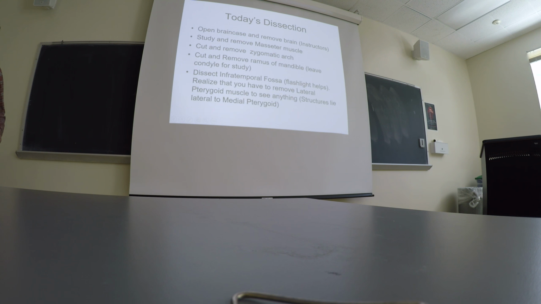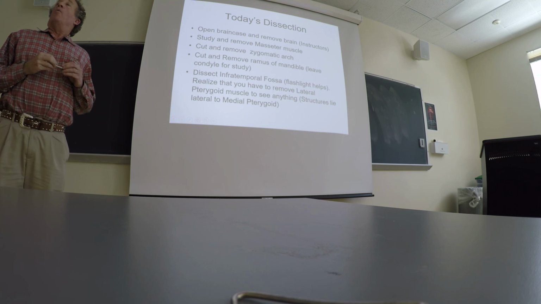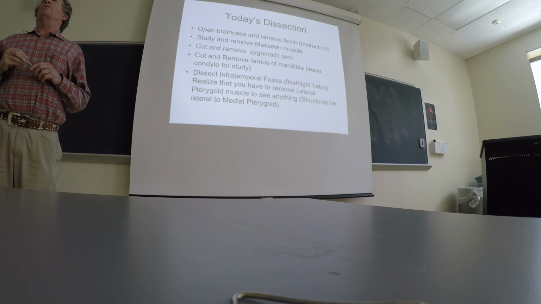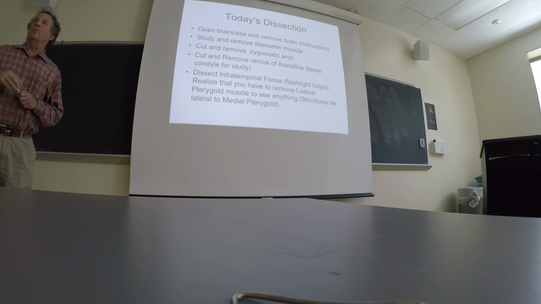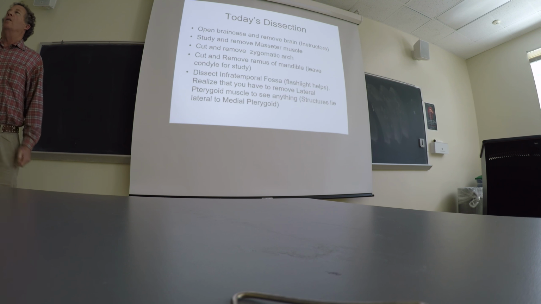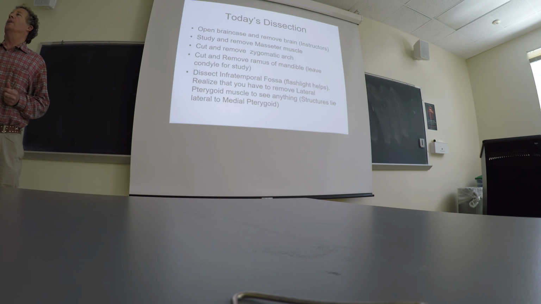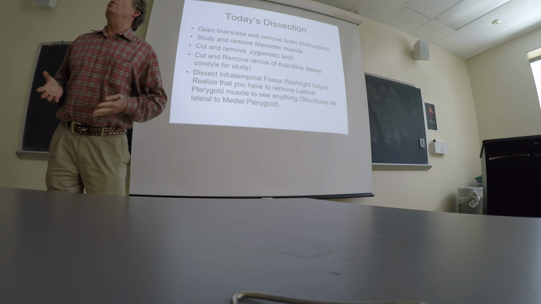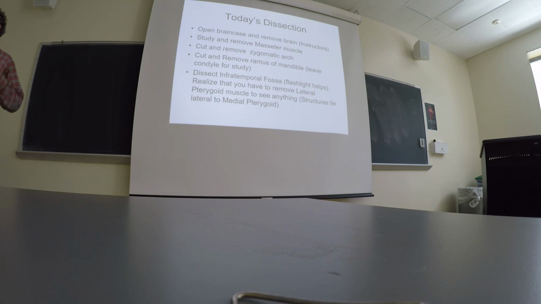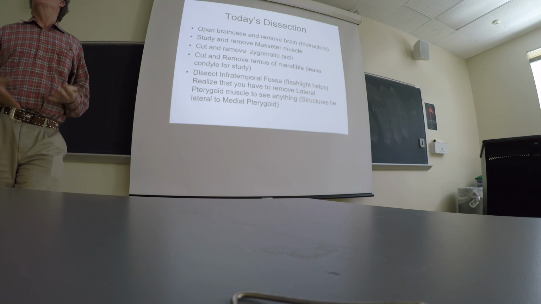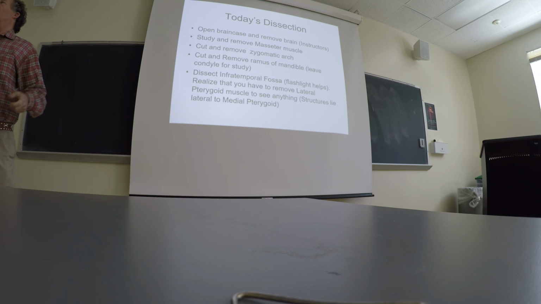Okay, today's dissection. While you were sleeping, Danny was down there buzzing the top off of the brain cases of your cadavers. So when you come in, you will see that there's a line across there. We're going to pop the tops off of the cadavers and get your instructors to grab an instructor, and we will remove the brains, cutting the stumps of the cranial nerves. Because if you just grab the brain and pull it up, you might not find about half the cranial nerves. They could either be broken off the brain or broken off the foramen. So we're going to gently cut them up. You've got to cut some of the